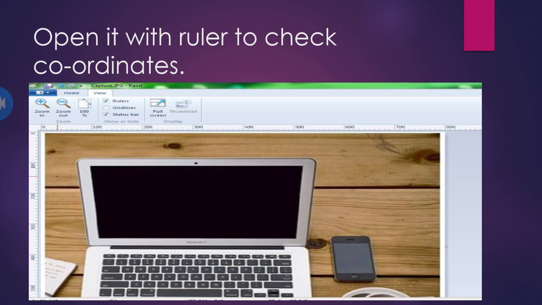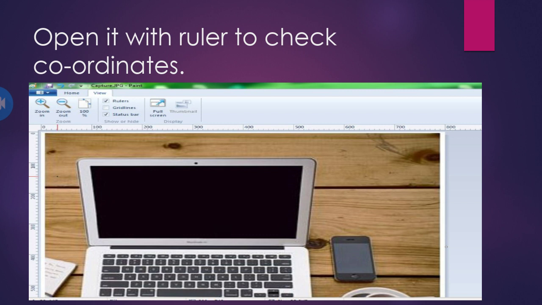And there is one more thing, how to select the coordinates. I told you earlier that I will explain in a later slide how to select coordinates. So here I have taken an example. Same way, open your image with MS Paint. Right click on the image and open it with Paint, and then click on View at the top.